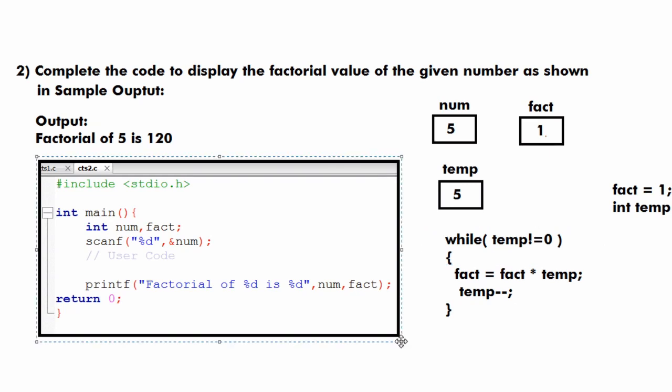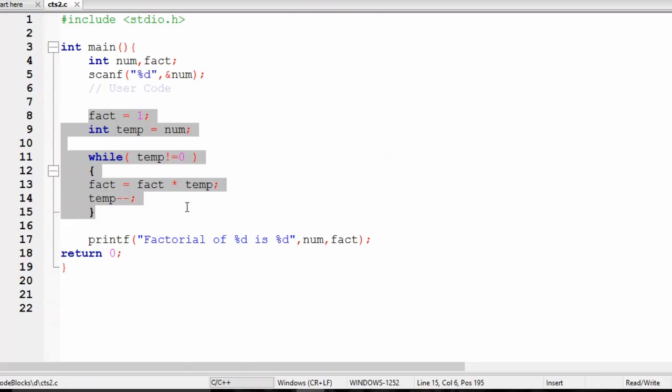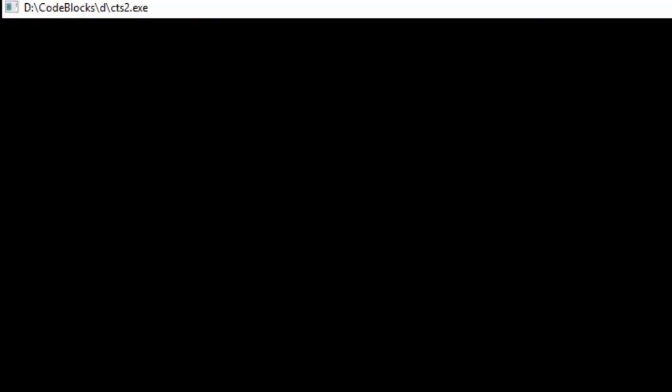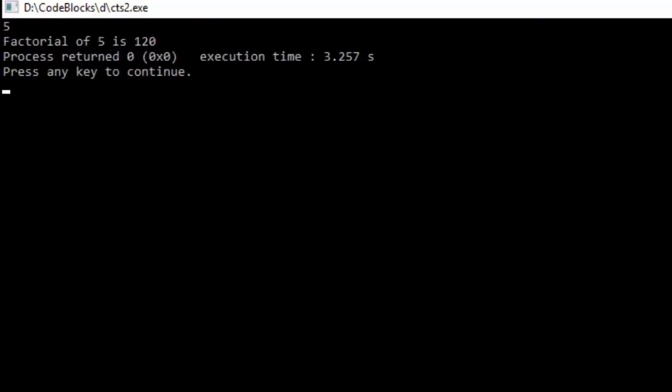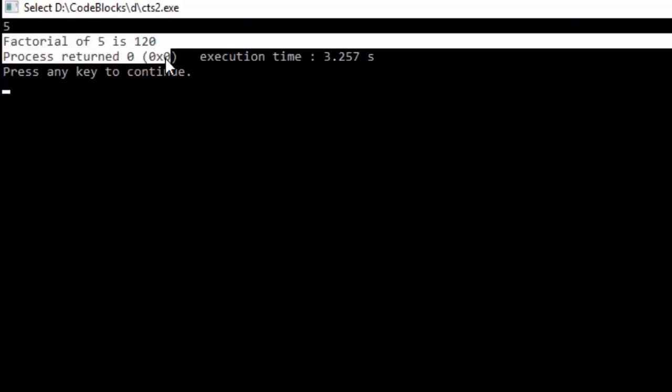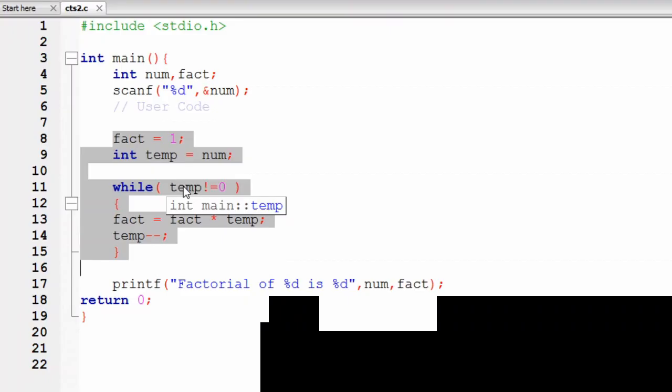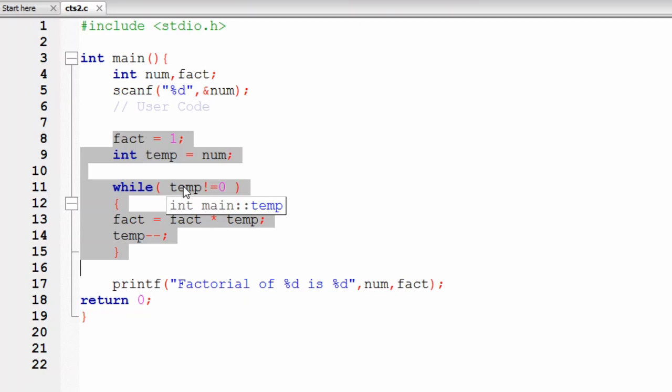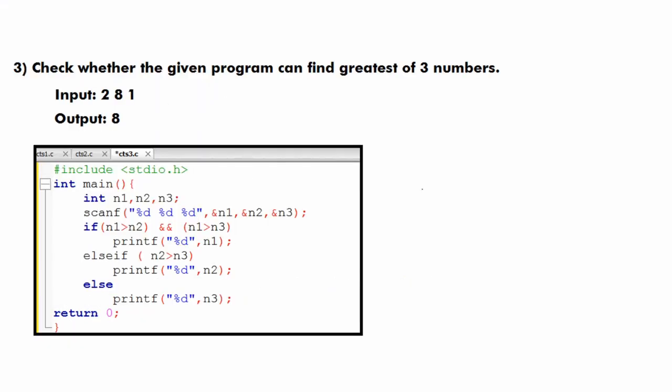So now let me open this code in a compiler. As you can see, I have written the same logic that we have just discussed. Now if I compile this code, as you can see there is no compilation error. After this, if I run this code and enter 5, I am getting the message factorial of 5 is 120. That means our program is working correctly. So you can write this same logic in the compiler which will be provided to you, and you can submit your code.